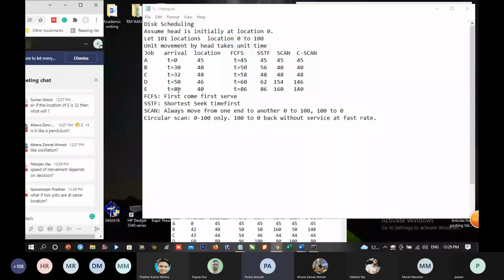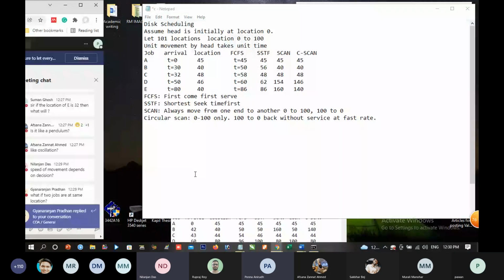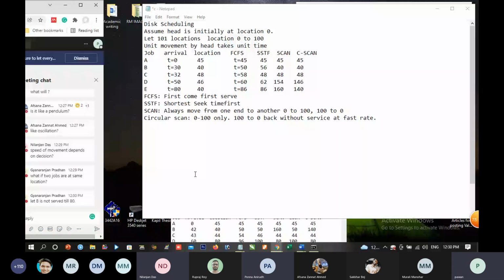Sir, you said that in circular scan, when we are going back from 100 to 0, we go very fast because we are not serving, without providing service, in zero time. Is it correct? Yes. But it is fast because we are not providing any service, right? Technically, head movement takes unit time. You see, once we are